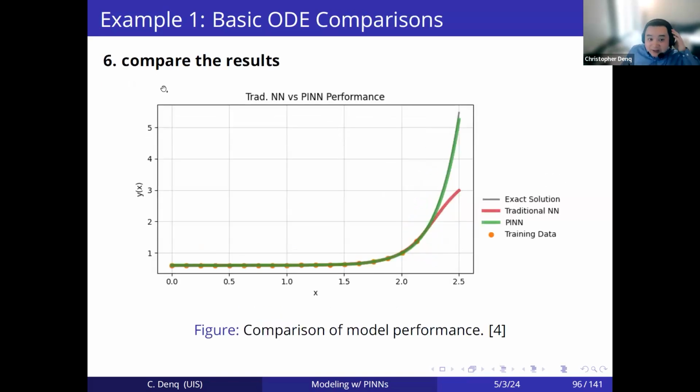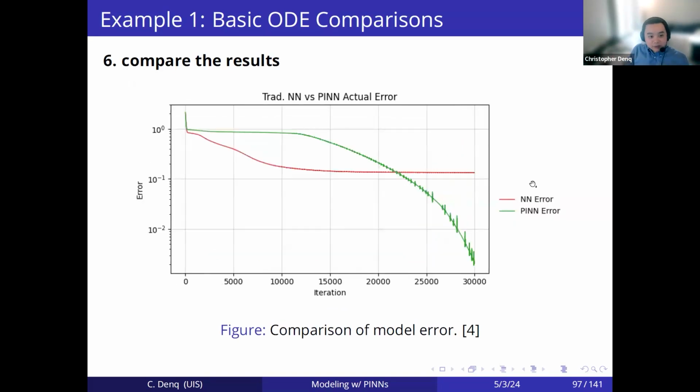So here we can compare the results qualitatively, right? So here the PINNs is the green. We see that it almost nearly overlaps the gray, while the traditional neural network loses progress very early on and veers off course, right? We can model the performance of these different